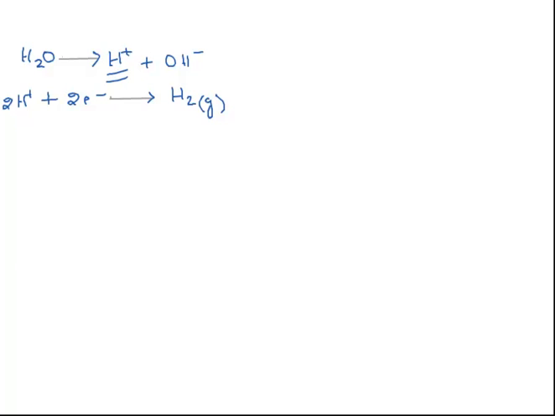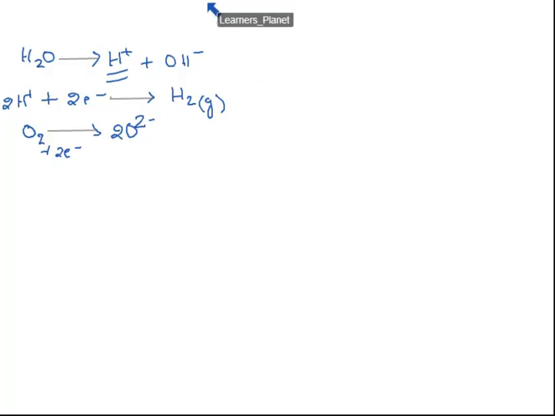Why? Are these non-metals forming positive ions? Say I am taking an example of oxygen or nitrogen. Is oxygen forming a positive ion? No. It is forming a negative ion, that is O2 minus, by accepting 2 electrons. Now, when non-metals form negative ions by accepting electrons, how can they release hydrogen from water? So this is your answer.